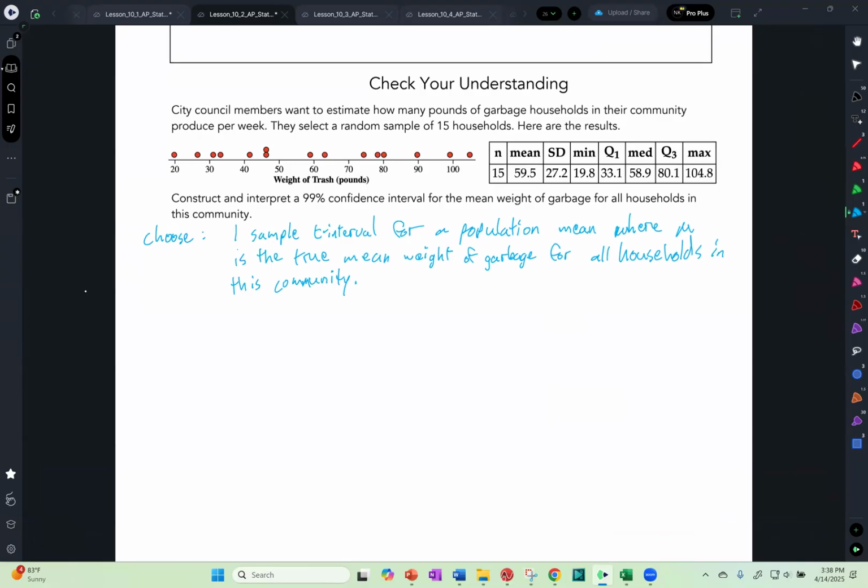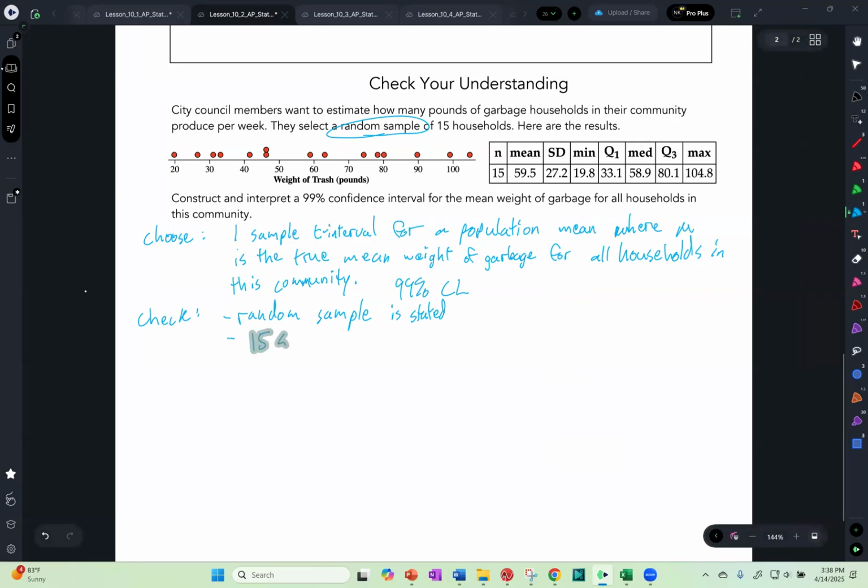I still need a confidence level, 99% confidence level. Check. I got to check some conditions. We have a random sample is stated. You could do something simple if you're like, how do I show that random sampling is there? You could draw an arrow to it. You can just say random sample is stated. Just please do more than random and check mark. Random sample is stated. We have, I would say it's safe to assume,